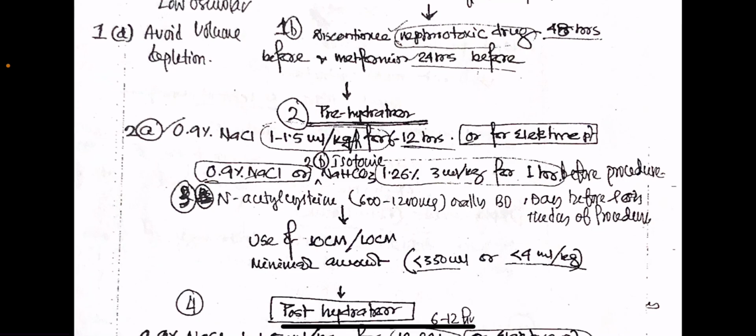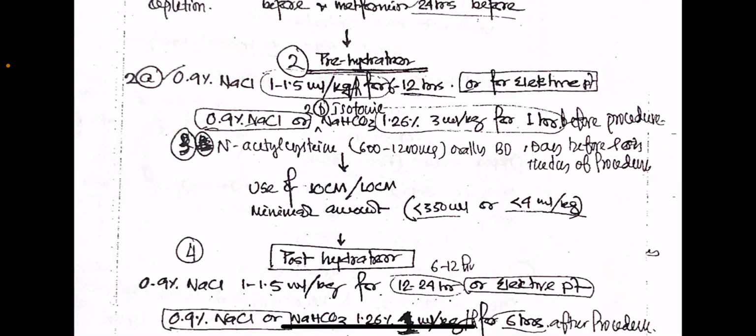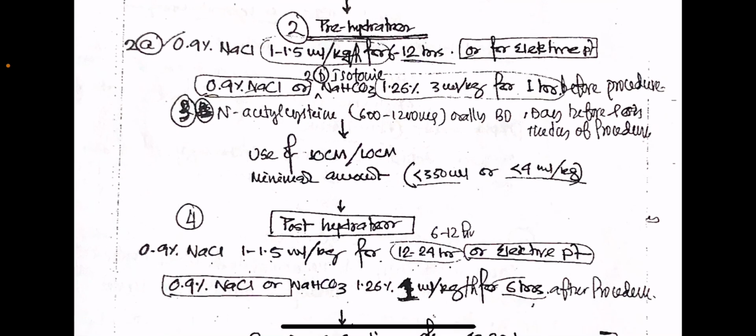or for elective patients, 2. Isotonic 0.9% sodium chloride or sodium bicarbonate 1.26%, 3 ml per kg for 1 hour before the procedure. 3. N-acetylcysteine 600 to 1200 mg orally BD, one day before